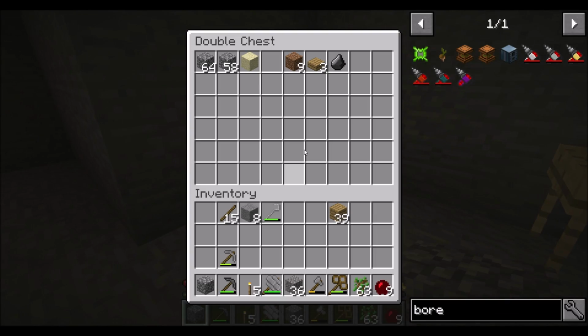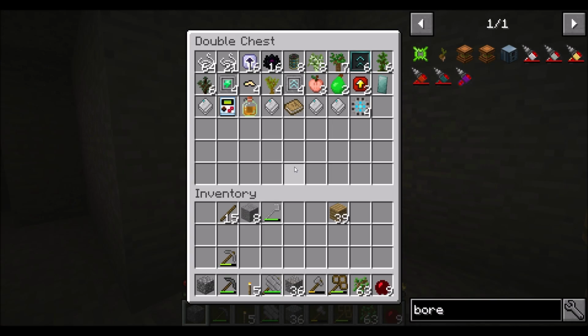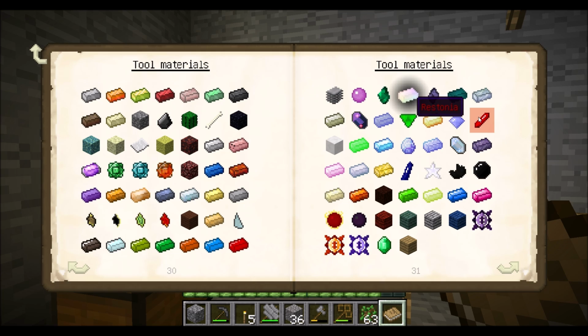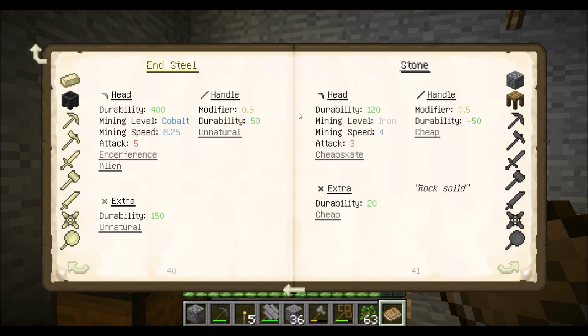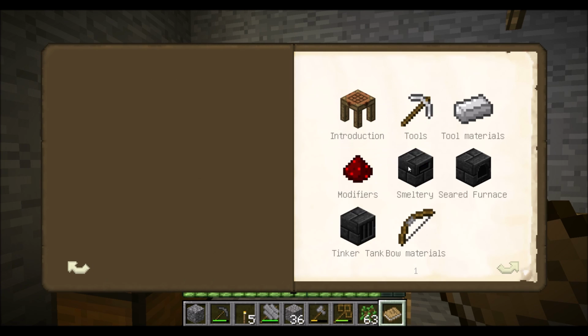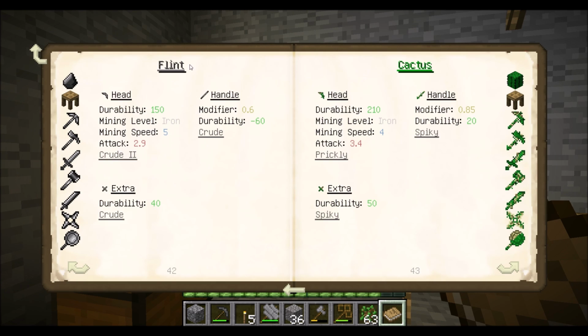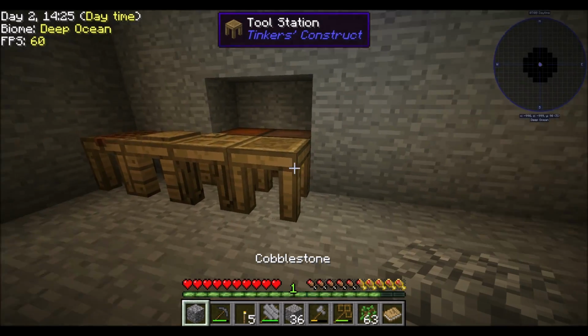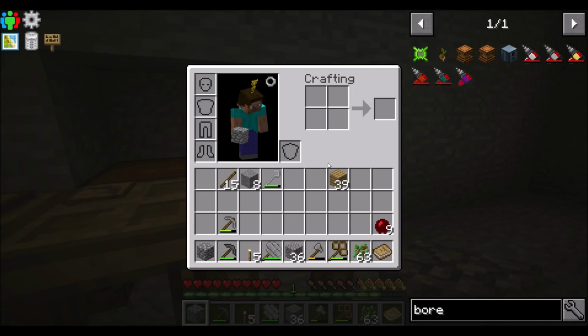So with all this, what I have so far going on, materials. We have access to probably a small number of materials. We don't have a ton, but is flint better than stone? I have to imagine that it is, because mining speed is 4 for stone, and mining speed on flint is 5, so it's a little bit better. So what I should be able to do is get myself...